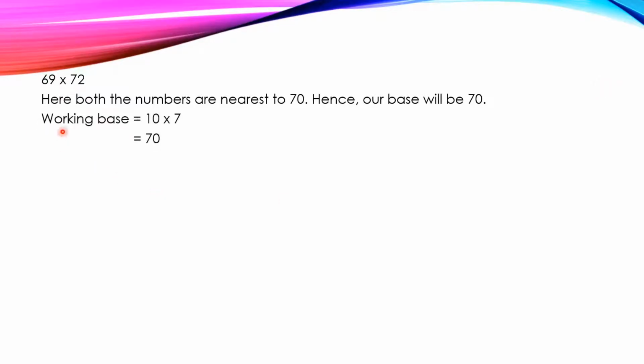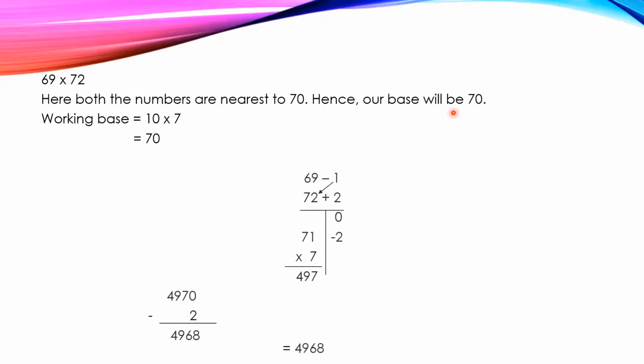So, here our working base is 10 into 7, which is 70. So, here 69 is 1 less than 70 and 72 is 2 more than 70. So, we will find the product of 1 multiplied by 2,